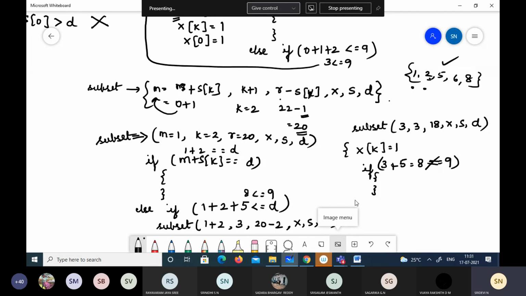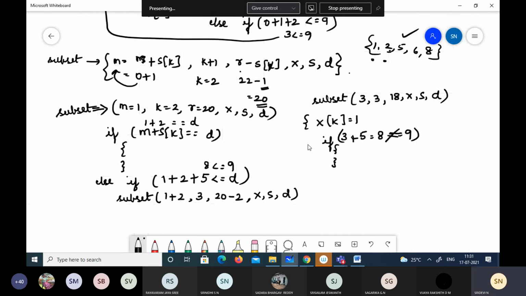I will send else if, we will check now, m plus s of k. What's the value of m here? 3 plus k value is 3, s of k.